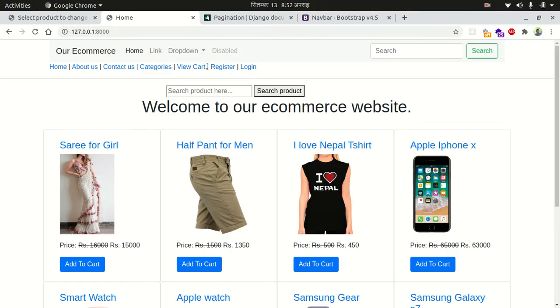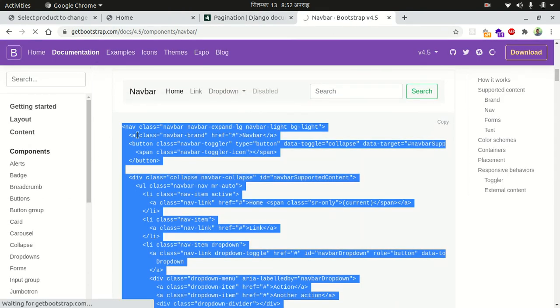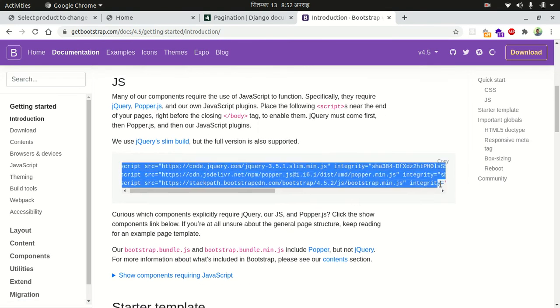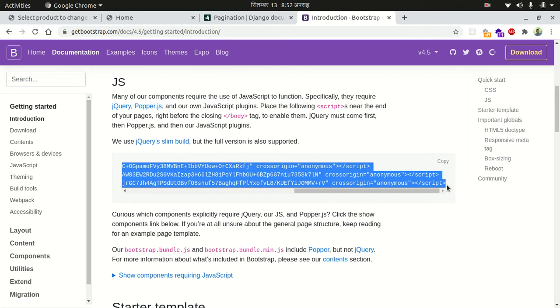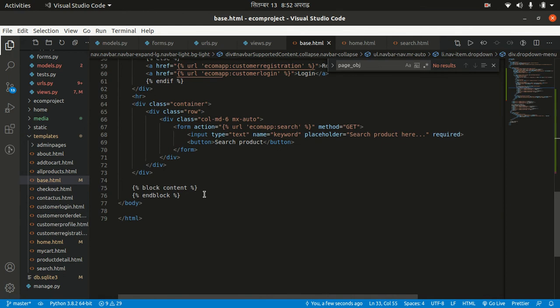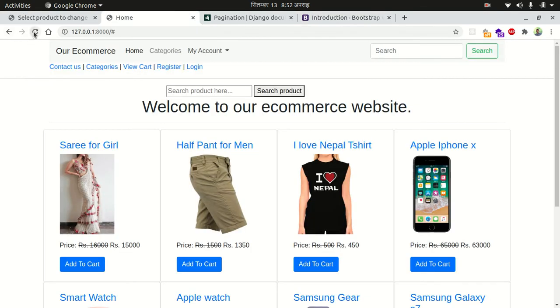Let's say replace it. If you refresh, then you can see my account dropdown is here. What is missing here is we have to use the JavaScript file also. So let's go to our JavaScript file and copy these lines. Place them inside your body tag, just above the closing body tag. And if you refresh the page now, you can see our dropdown starts to work, and here is the register